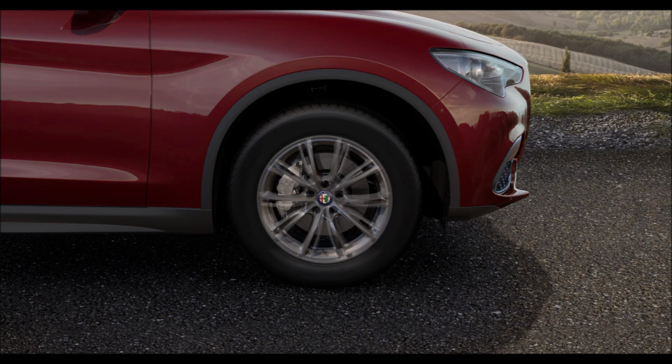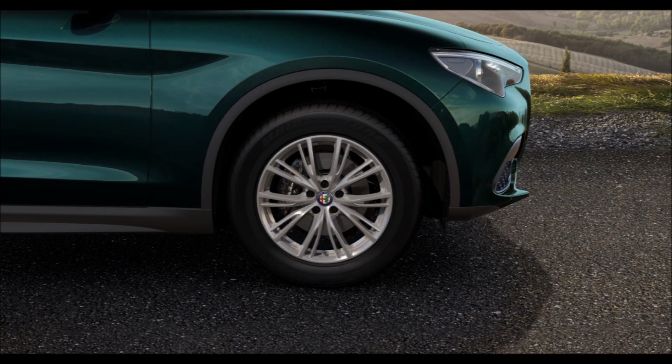Moving up in the world, we're going to go up to our 18-inch Lusso alloy wheels. So I went with the Visconti green for this spec, and with the Visconti green, black calipers, just a nice classy look. But you have your Lusso wheels for the Stelvio, right? So for your luxury model wheels, this is what they'll look like. They're in aluminum finish there. They're an alloy 18-inch wheel,